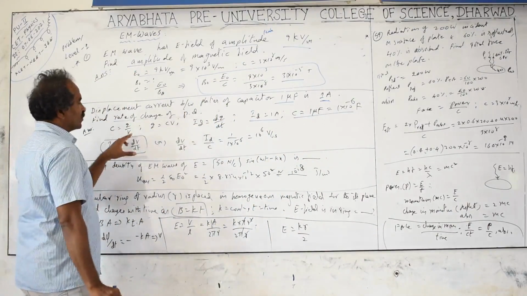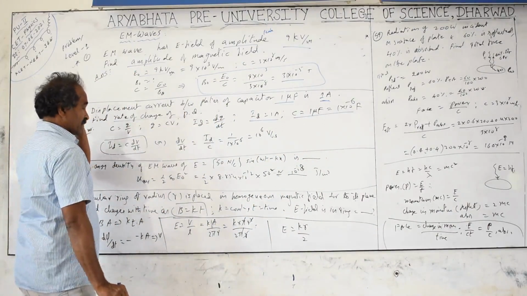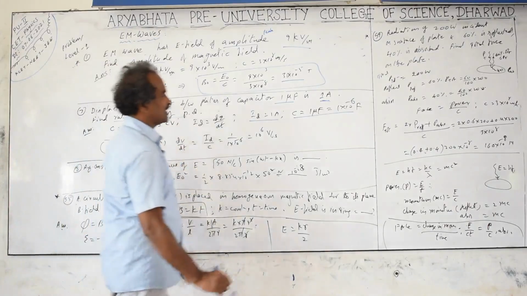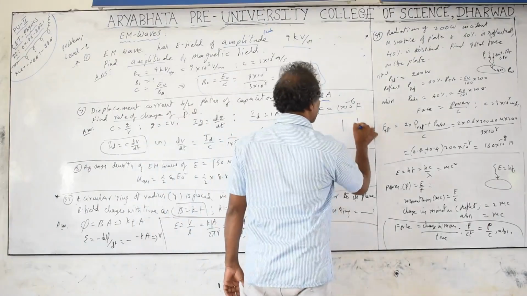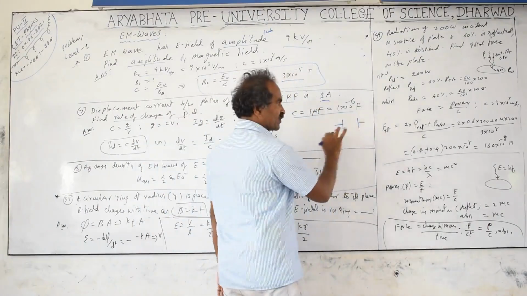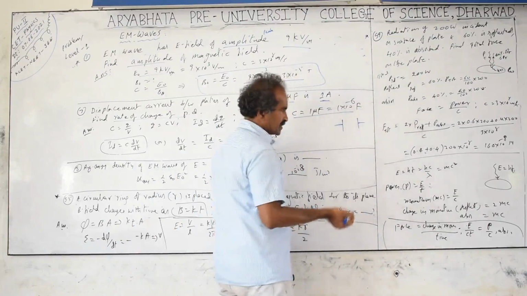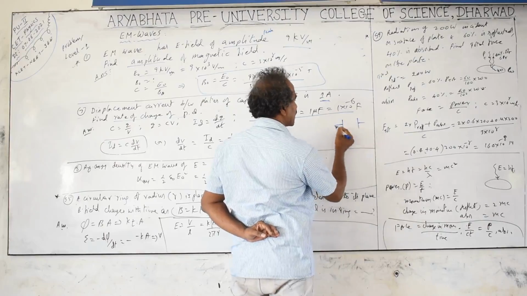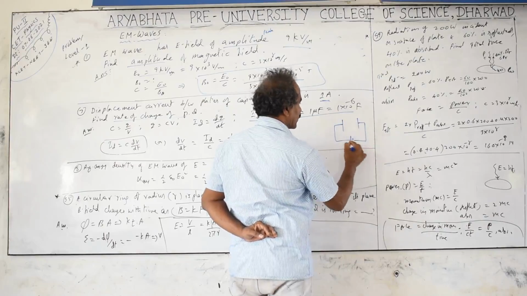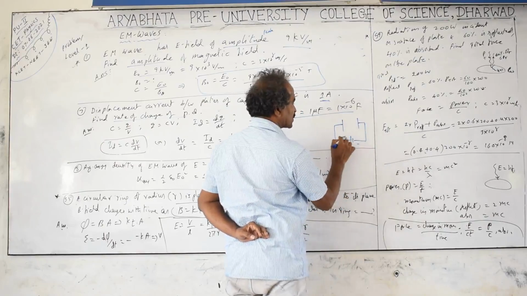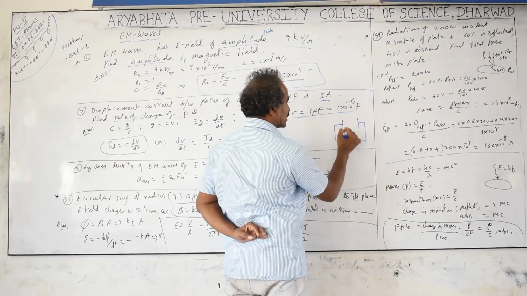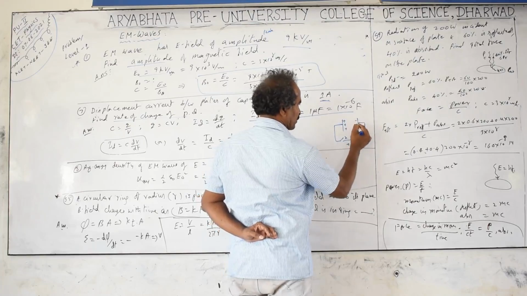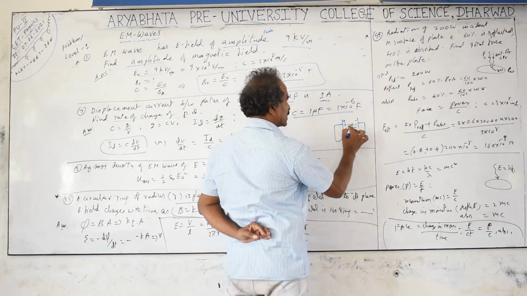We have the relationship C equal to Q by V, so Q equals CV. This is the relationship between capacitance, voltage and charge, and this applies while charging the capacitor. Displacement current is observed between the plates of the capacitor. Actually current means flow of charges, but this is an imaginary current. It is not actually a flow of charges; it is only the change of flux between the two plates when the capacitor is getting charged. Charges go and sit on the plates while closing the switch. Here this side is plus. Electrons go away from it and come onto the plate on the other side. So the electric field is from plus to minus.